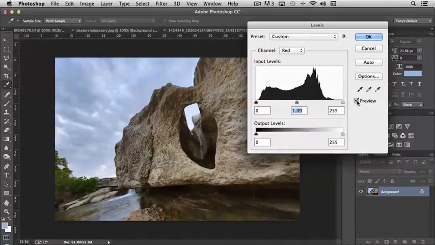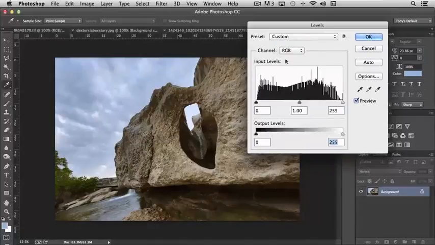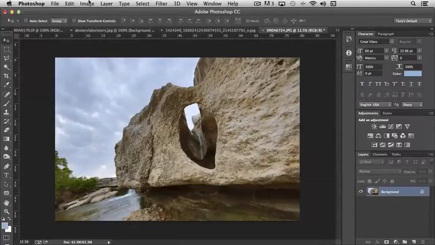So that's the benefit of working with levels in that way, is that you can actually increase contrast some or decrease it using the output levels. And then, of course, even though we've made adjustments in each of these channels, we can also make adjustments globally on the RGB. So I can darken the whole midtone area of the image if I want to. Okay. Next, we have